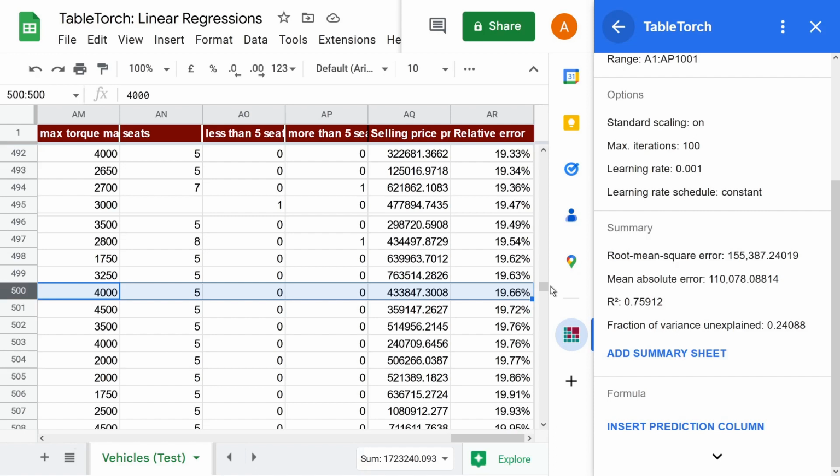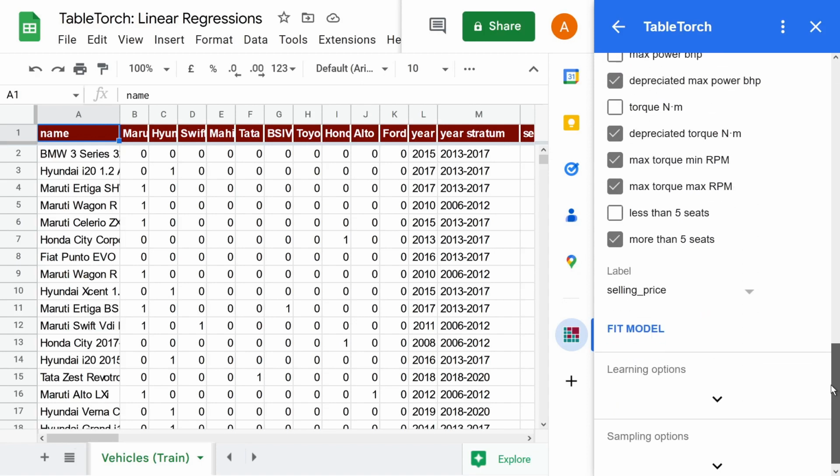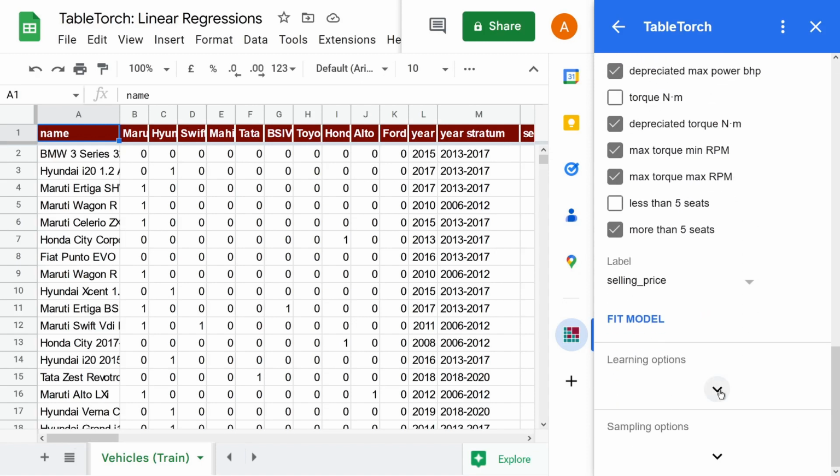Here we can see that the median relative error is about 20%, which is probably not bad for a first try. However, if we take a look at the linear regression menu again, we will see many settings that could help the regression produce a better model.